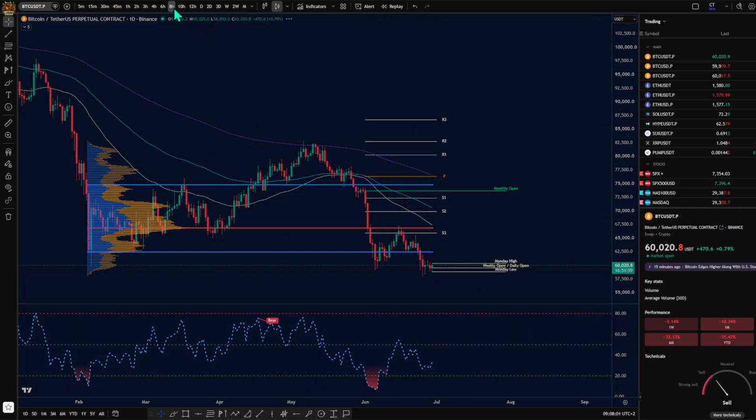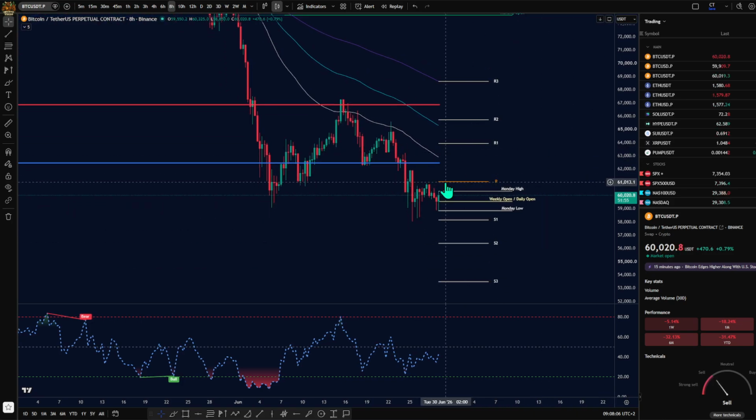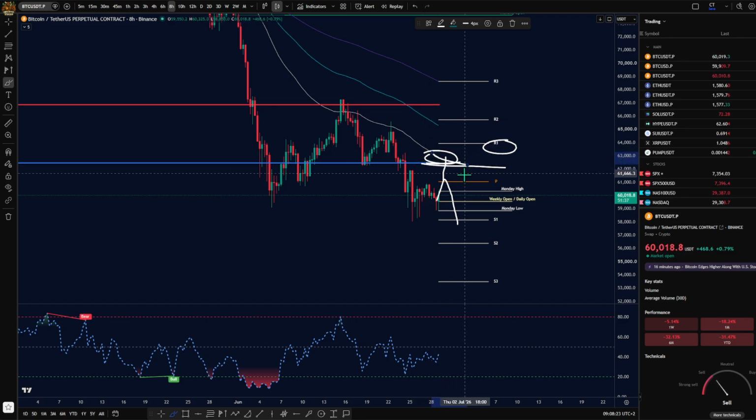Right now, could we get a bit of a relief with this bullish divergence? Things are looking weak right now. You can see we do have the weekly pivot sitting at 61k. I do believe this is where price is gonna be taking us next, and the next possible scenario is if we push above it, either we're going to hit the value area low or the R1 or the 50 EMA that we have right here.